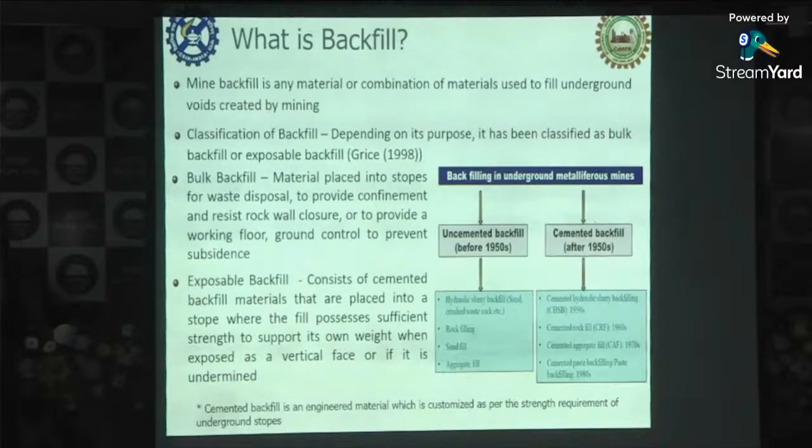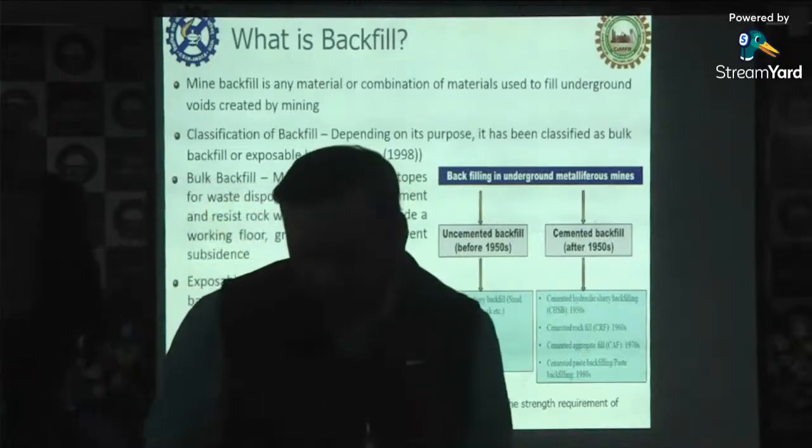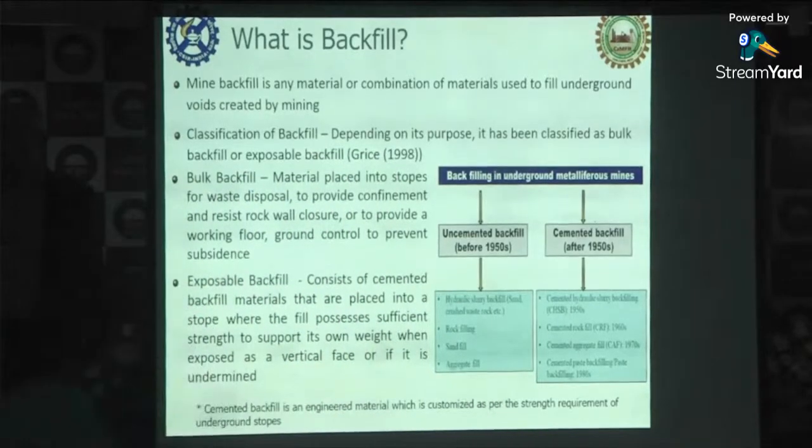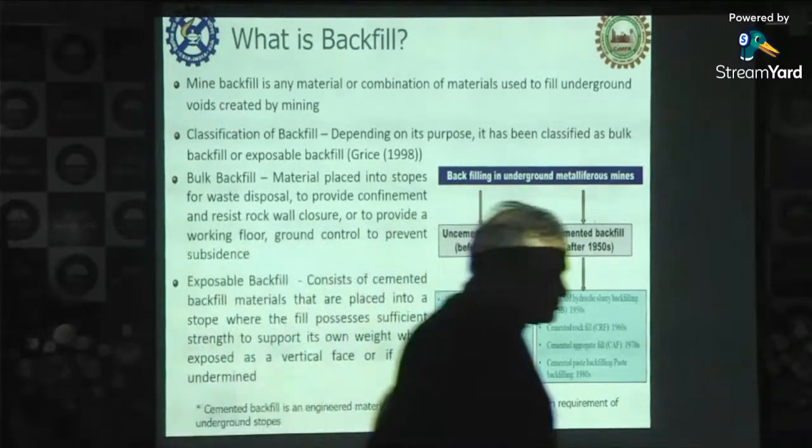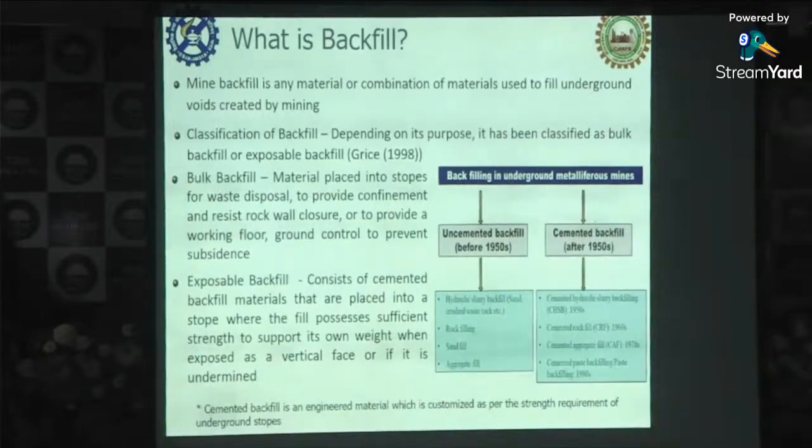Going to the first part, what is a backfill? As told already, if you take out a material from underground, it has to be backfilled. That is the basic definition of backfilling. It can be one material or a mixture of different materials. Depending upon its function, the backfill is divided into basically two types. One is bulk backfilling and another is exposable backfilling. Bulk backfilling is mostly uncemented backfilling, and the main